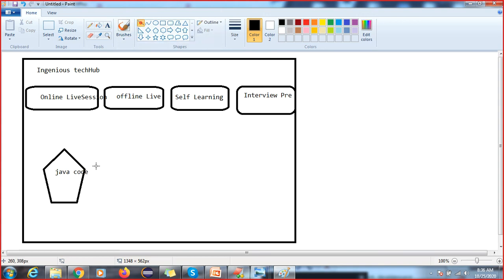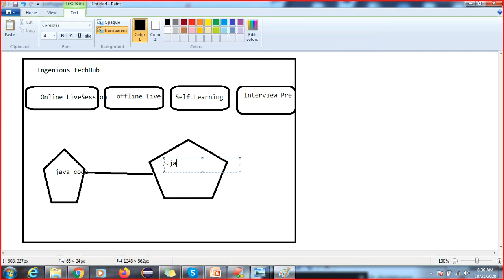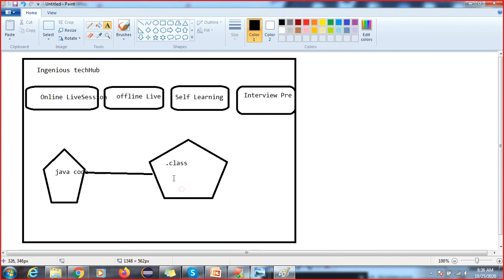I compile this code, then one file will be generated. That file is called the dot class file. The dot class file is generated. Now compilation is done. Then the problem is how it will interact with your JVM software.